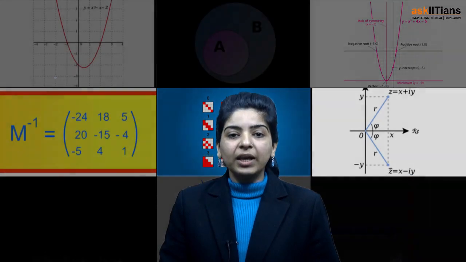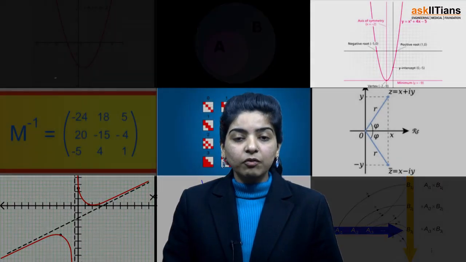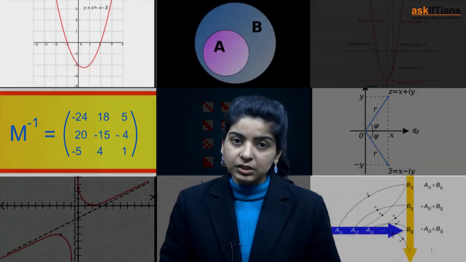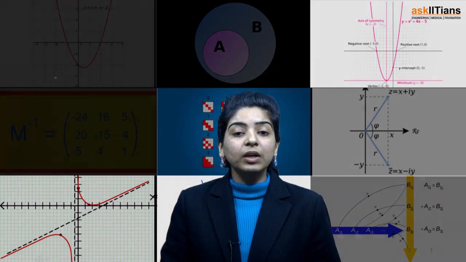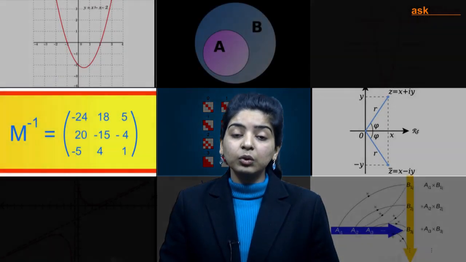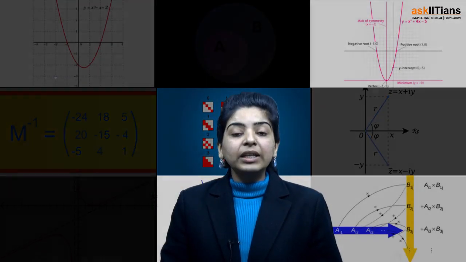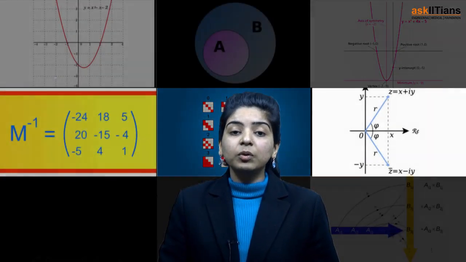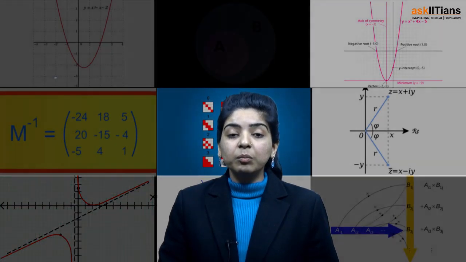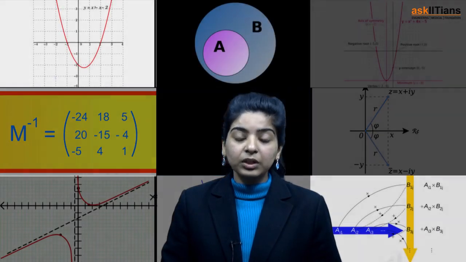See, first of all, we began with the various types of matrices, and then we discussed the operations of matrices, that is the addition, subtraction and multiplication of matrices. Next, we discussed the concept of elementary transformations, and do remember that the elementary transformation that you can apply on rows can also be applied on columns as well. Then another concept related to elementary transformations was rank of a matrix. This is an extremely important concept, and you can surely expect at least one question from this topic in your examinations.